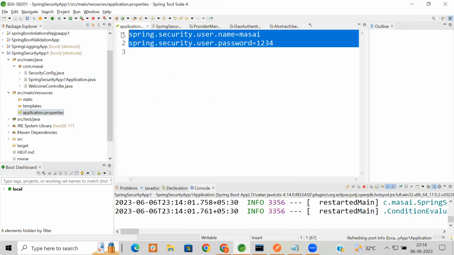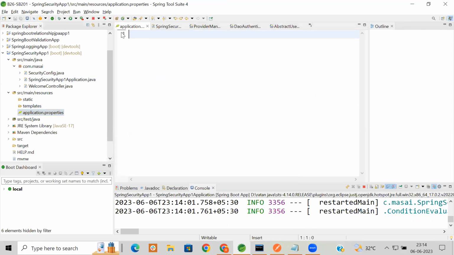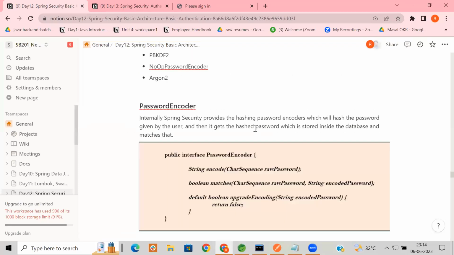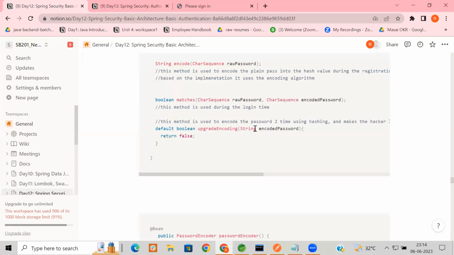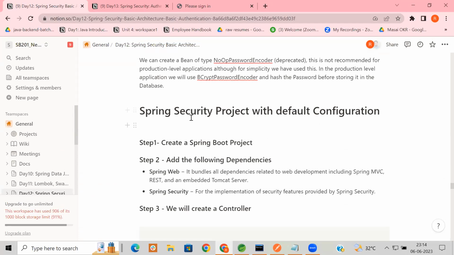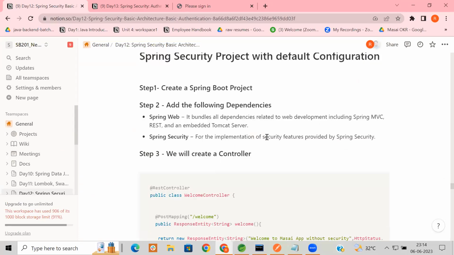Yeah. So instead of using this, let me delete this one. I want to register 2 or 3 users. 2-3 users को हम register करते हैं. So what are the steps you need to follow? For that, let me go here and see some configuration and how to create the